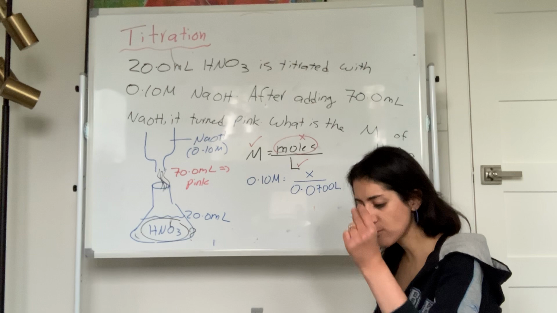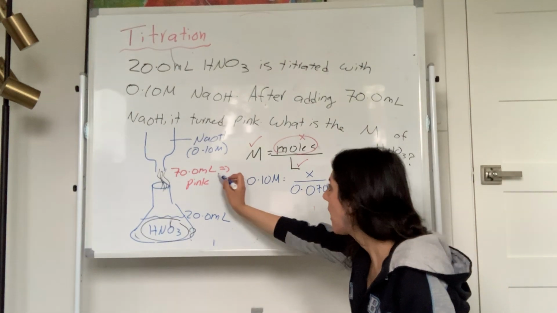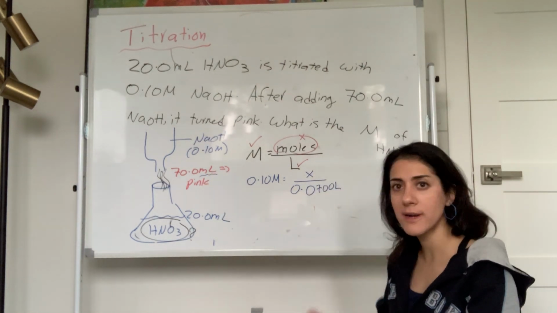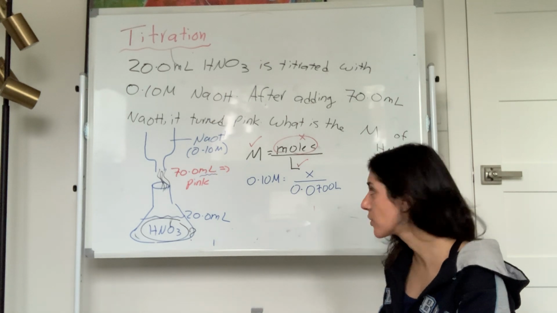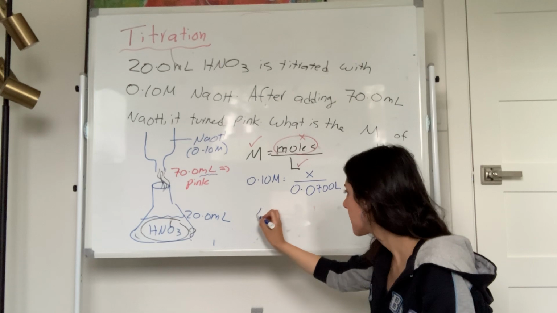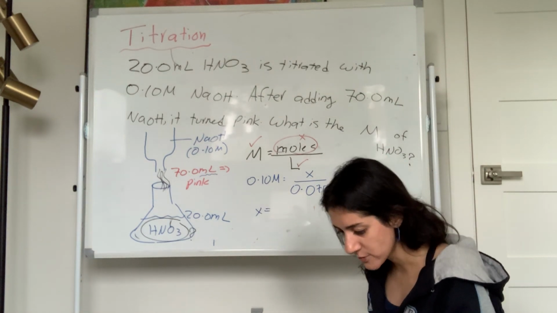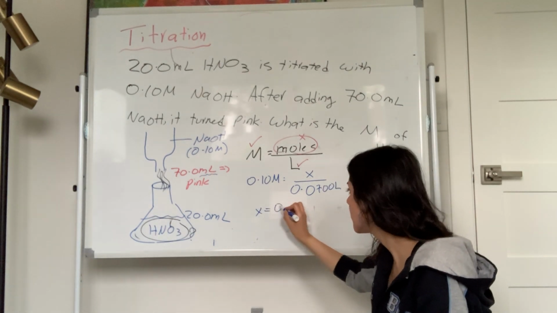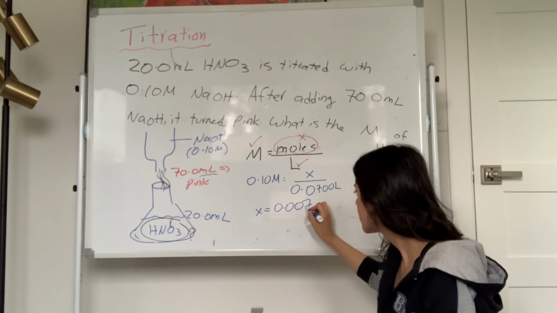Molarity is moles per liter, so what I had in milliliters, I had to convert to liters. I had the molarity, I had the volume, I want to solve for X, and X is going to be my moles of NaOH. So what I get is 0.0070